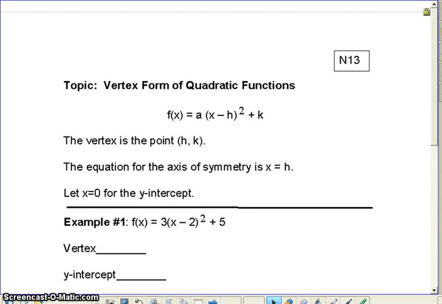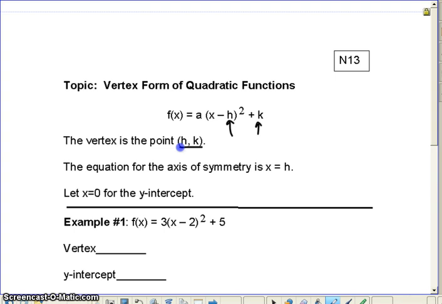All right, the topic is vertex form of quadratic functions. As long as it's written in the form f of x is equal to a times x minus h squared plus k. Okay, so before we get started, let's just diagram this function. The vertex is the point h and k. So notice that the formula says minus. So whatever's in for h and then whatever's in for k, that's going to give you the vertex, the high